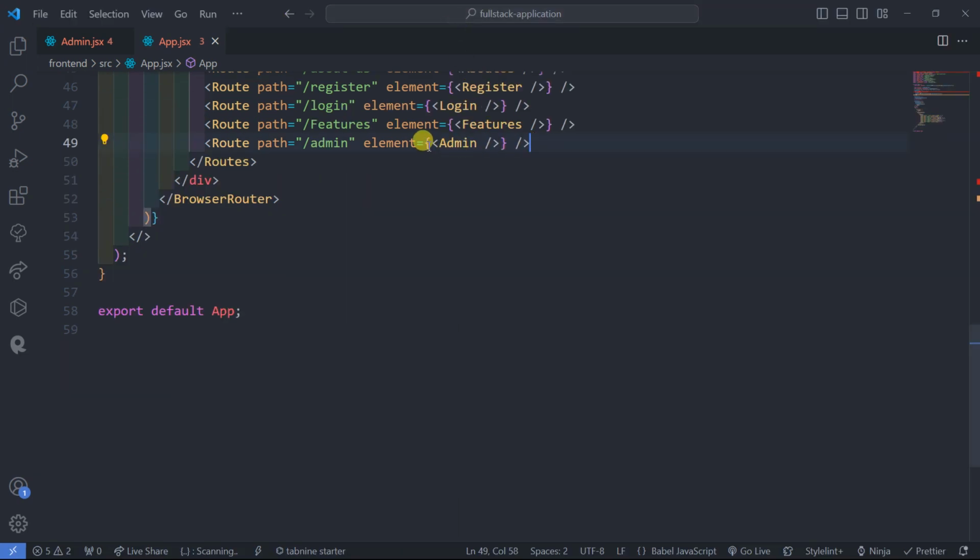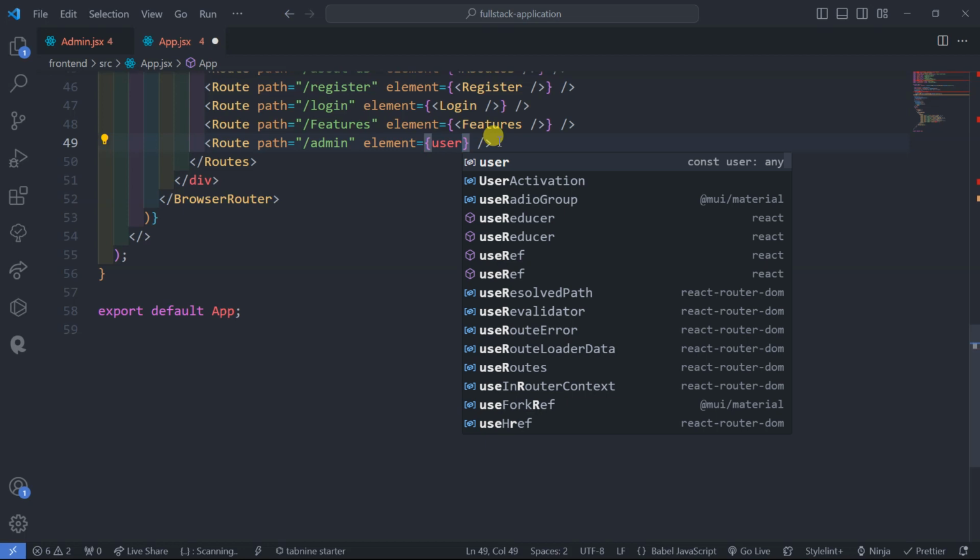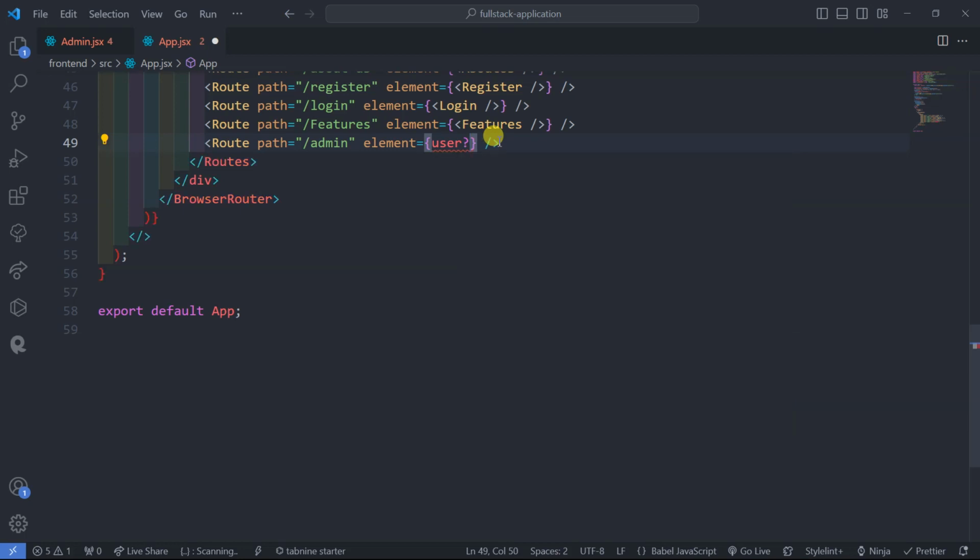So we have element here, so we are going to say, okay, here, let me first remove this. I'm going to say, if there is user, I'm going to make a question mark. We are going to send this admin there. Otherwise, if there is no user, I need to send login here, this one here. I have to pull this like this, copy, and then paste it here,